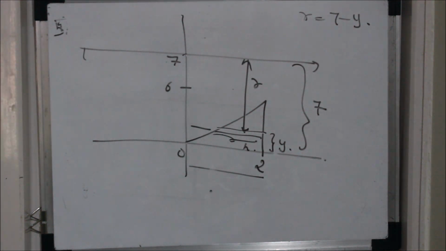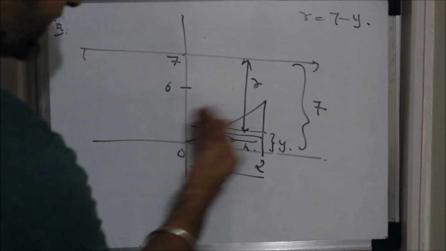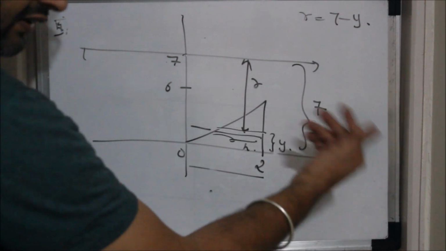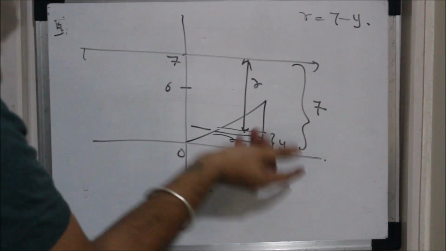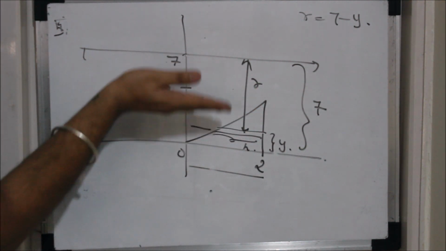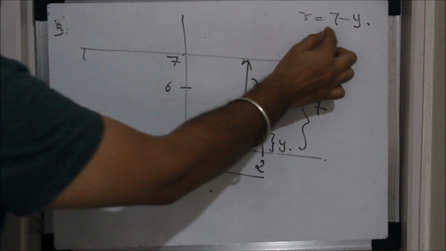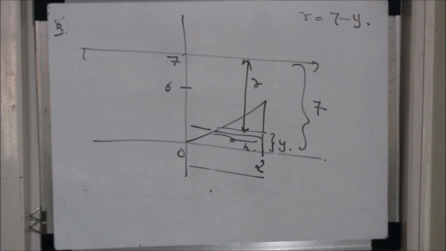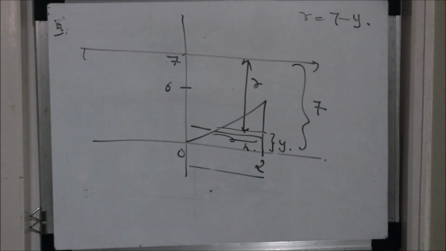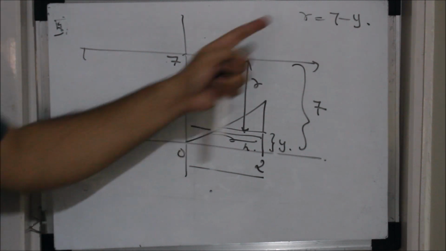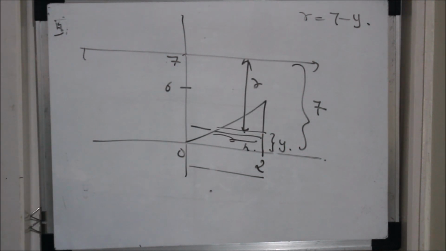So what was happening for the vertical line? If you recall, when the vertical line was at the extreme right, it was 4 minus x. Here that case is happening when the line is above the region; it will always be something minus y. So what was happening for the right side vertical line is happening for the horizontal line which is above the region. So this will be my radius, my height will be the same, and the limits will be 0 to 6.